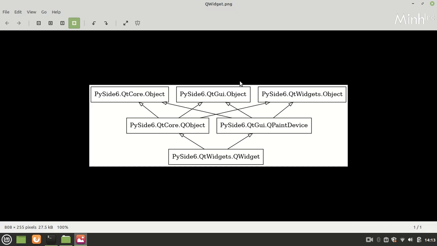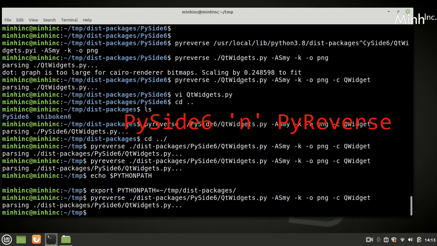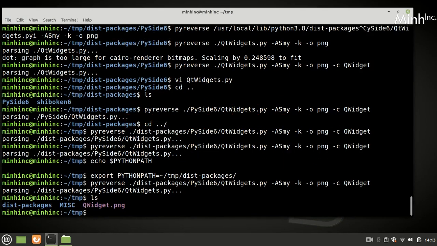Then it would show the association also. Okay, so what we can do is we can write a small program that would derive from QWidget, and that will see if we can have an association also.